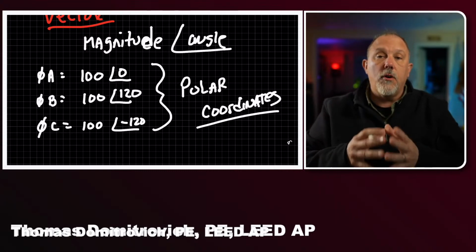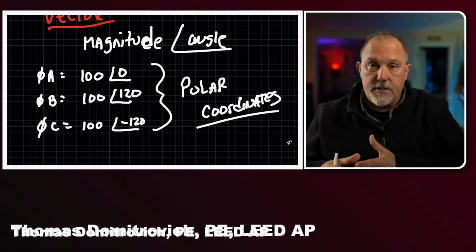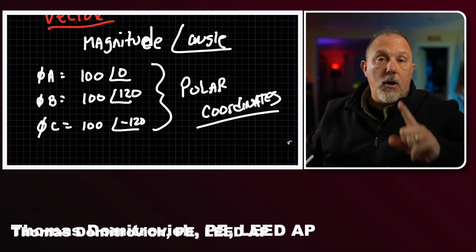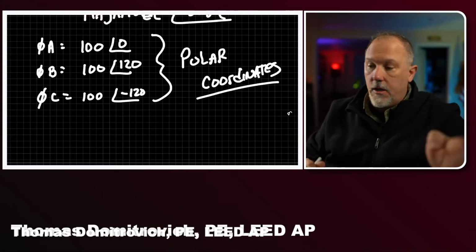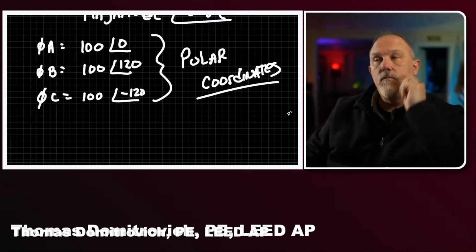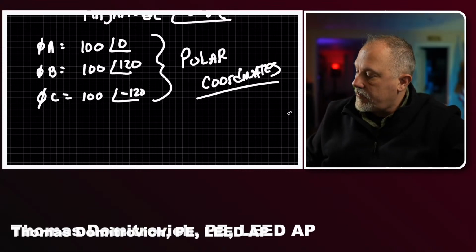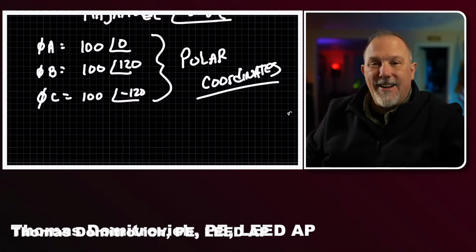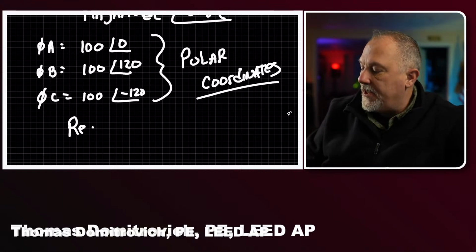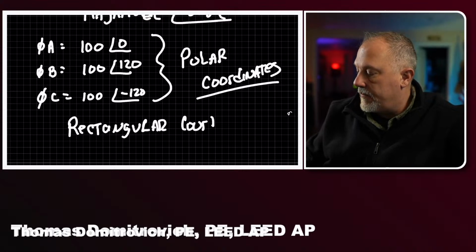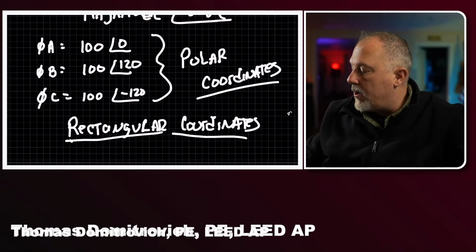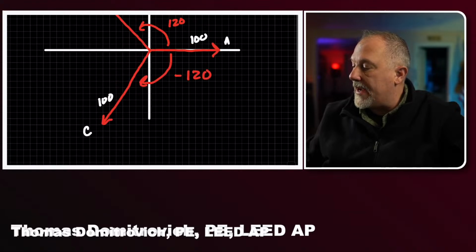All right, so those are polar coordinates. I can also represent each of these vectors in rectangular coordinates. So what are rectangular coordinates? If I come back up to here,